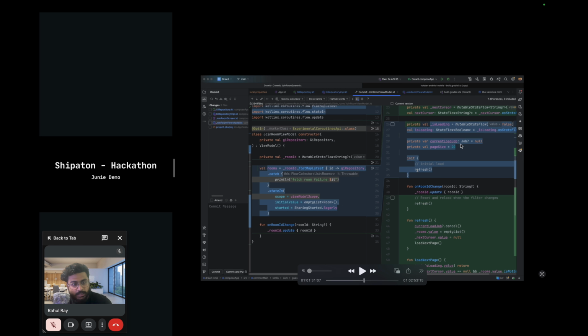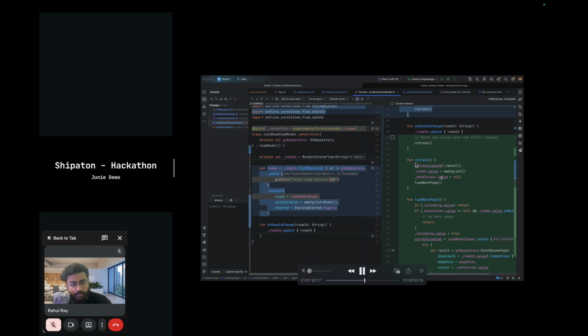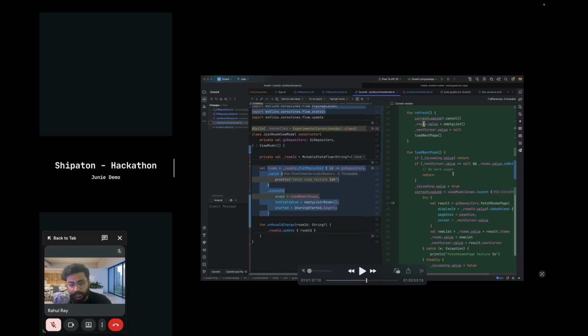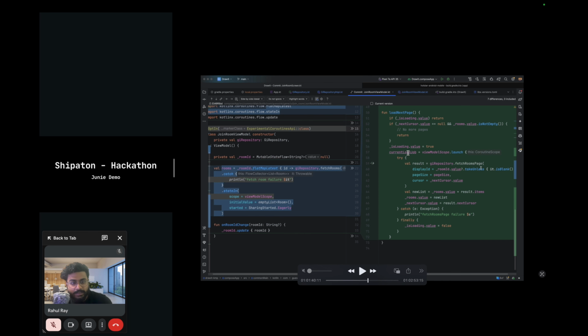There will definitely be multiple API calls, so it has assigned it to a job. And then we have defined a page size of 20. Initially, on init, we are just calling this refresh function. This refresh function is basically resetting all of the parameters. If there is an active job running, it will cancel it, reset the rooms and next cursor state flow, and then call the next page. Next page does some basic validations, then starts a new job, and in that job it makes the API call, updates the list,